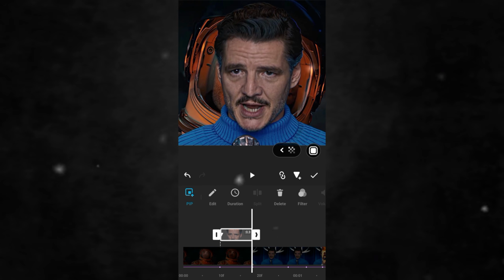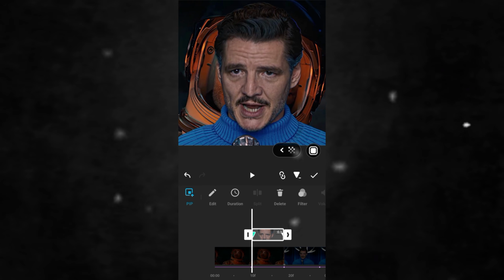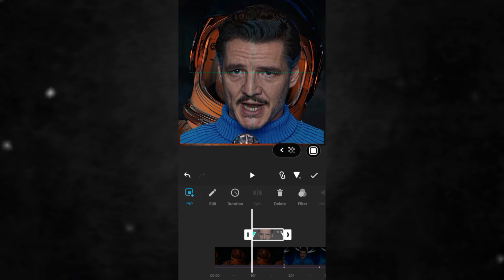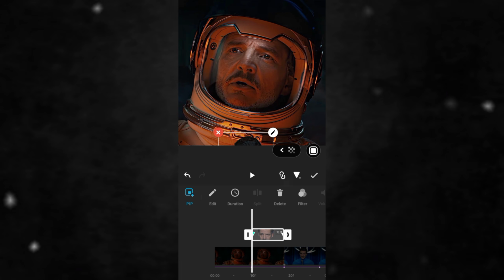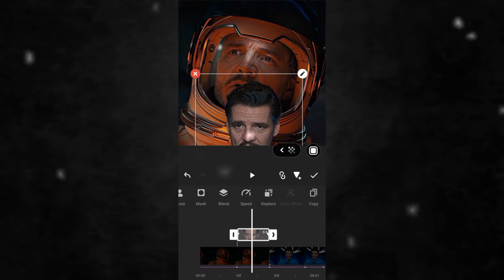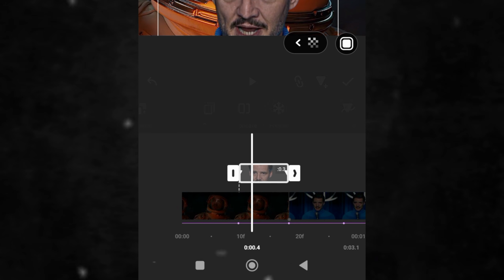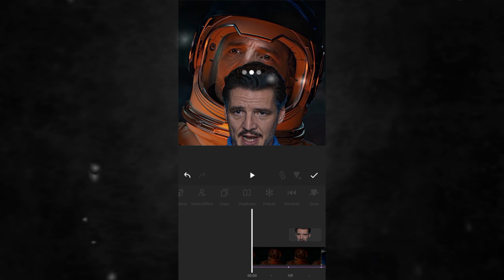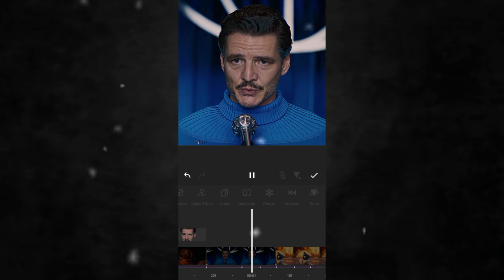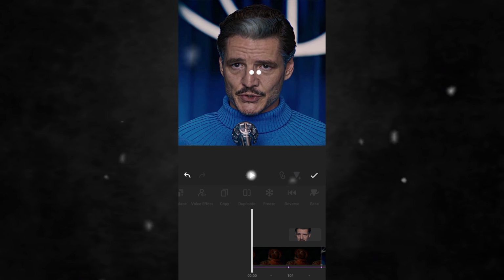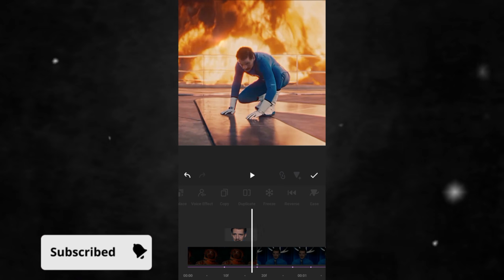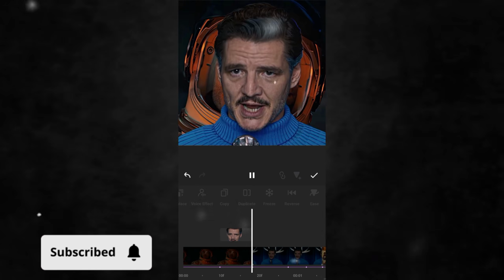After that, place two keyframes at the end and at the beginning. Go to the first keyframe, reduce the size and drag it out of the frame. For the last keyframe, you don't really have to do anything, so keep it as it is. As for the curves, go for the ease in option, and you will have a really smooth pop-in animation just like that. So if you see by now, it's not really that hard to make this kind of edit